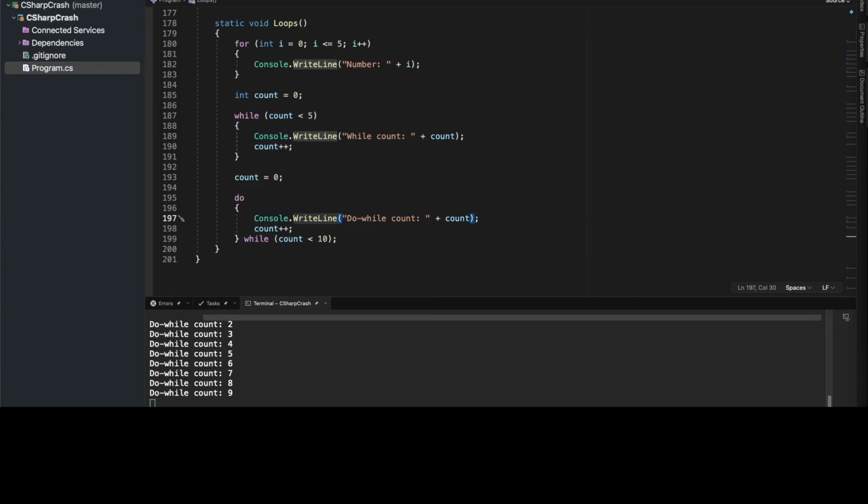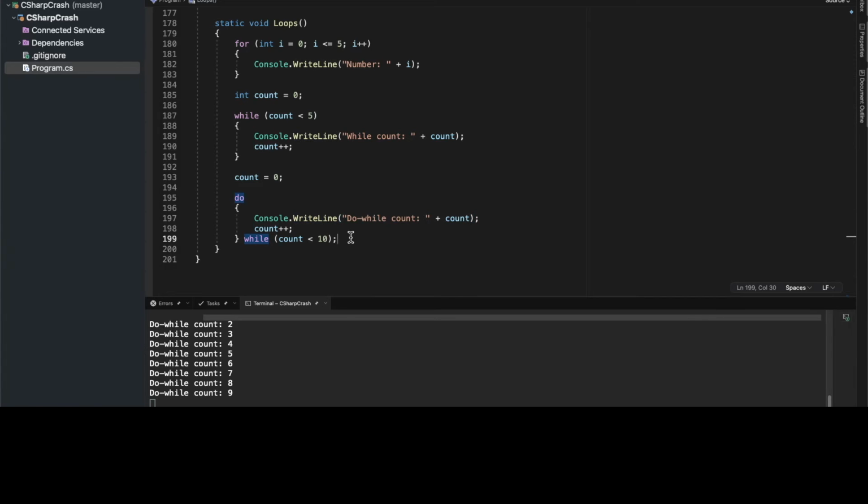All right, so there are also some other types of loops that we can cover. I'm just trying to think if I should show you the foreach. Yeah, you know what? I'll go ahead and show you. We may be jumping the gun here a little bit, but I'm going to show you guys the foreach